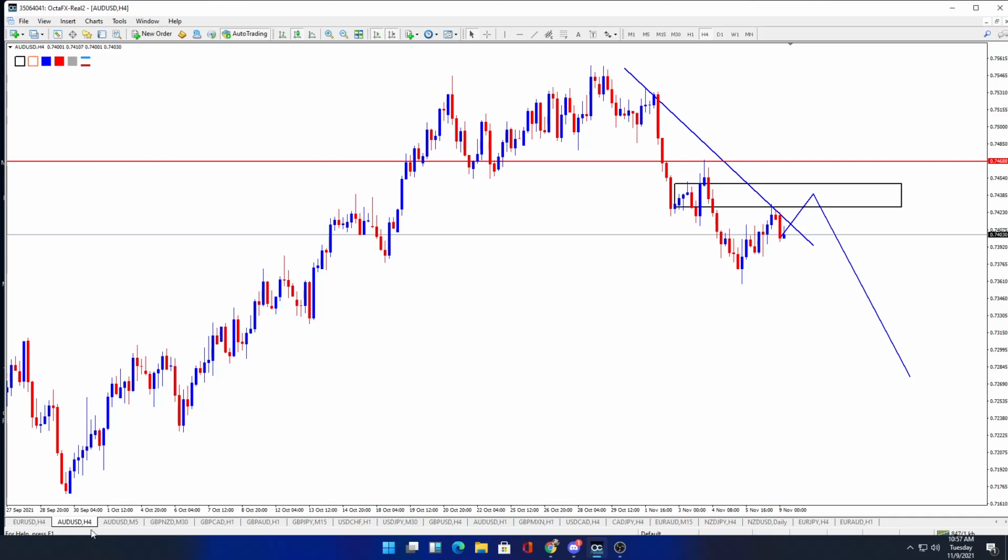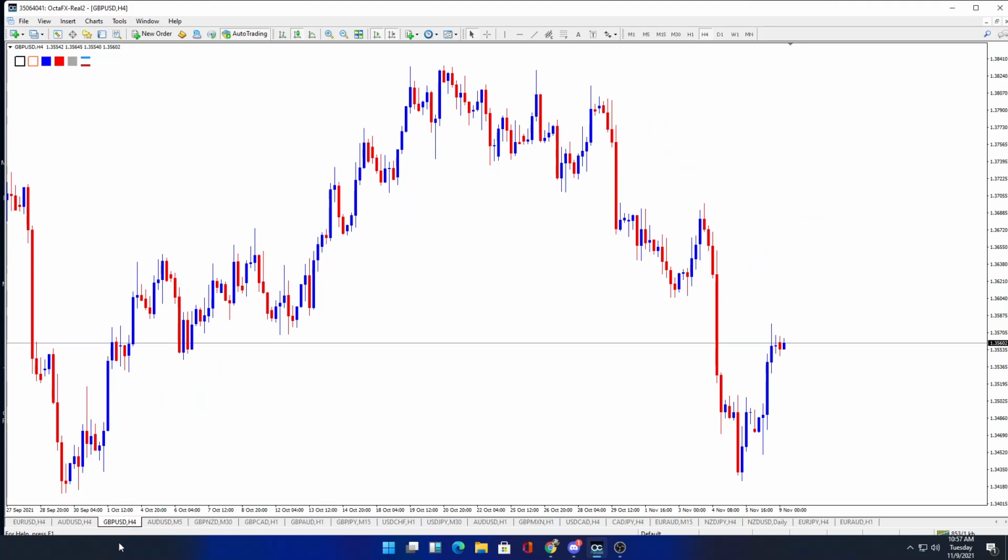Okay, we're gonna look at GBPUSD for our last trading idea for today. And maybe some of you don't understand the technical words I have said. Don't worry, you can slowly catch up when you follow me from time to time. So I will explain. If you don't understand, you can comment below in the comment area, so we can explain to you better.